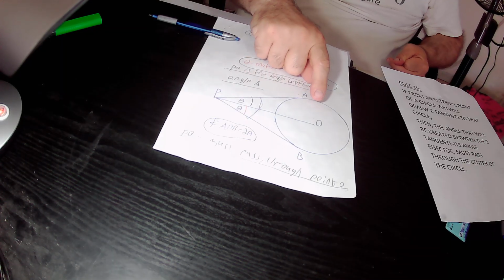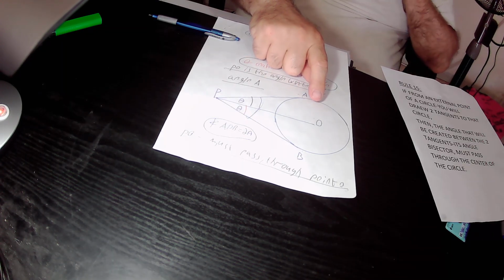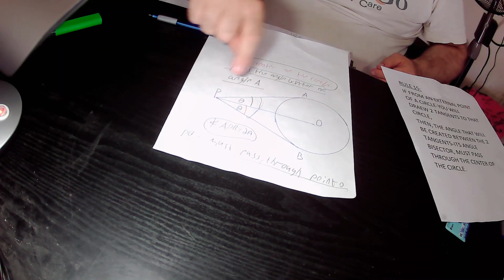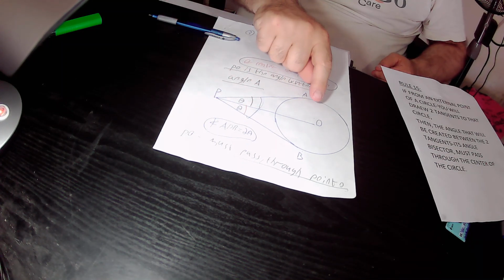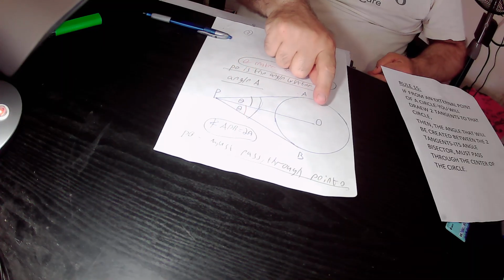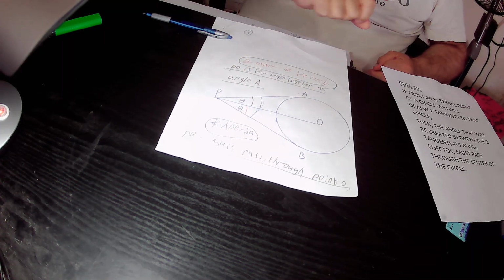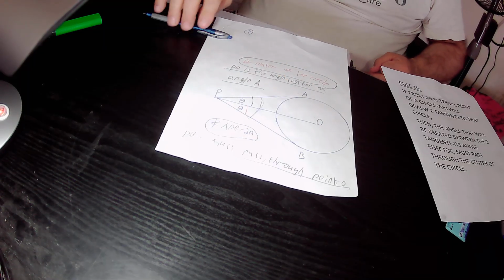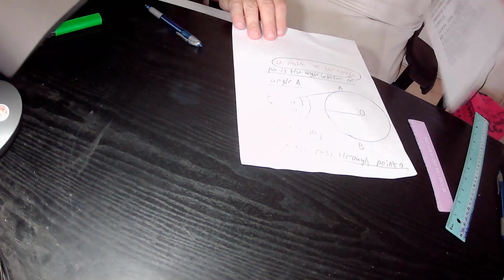The angle bisector of the angle that will be created by the two tangents PA and PB, the angle bisector of this angle must pass through point O, that is the center of this circle. So we can actually implement rule 15 in our drawing. Why? Because in our drawing,